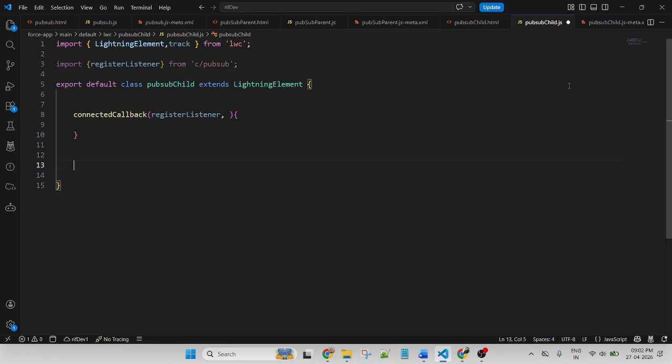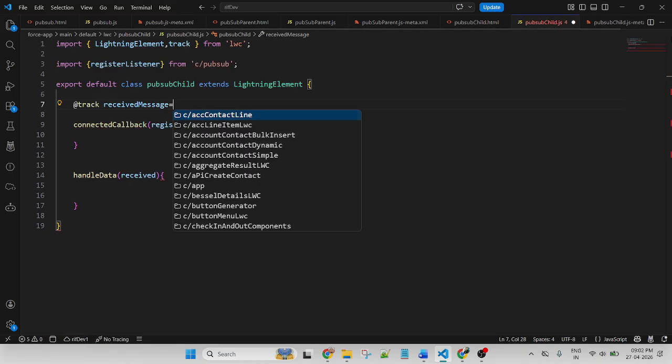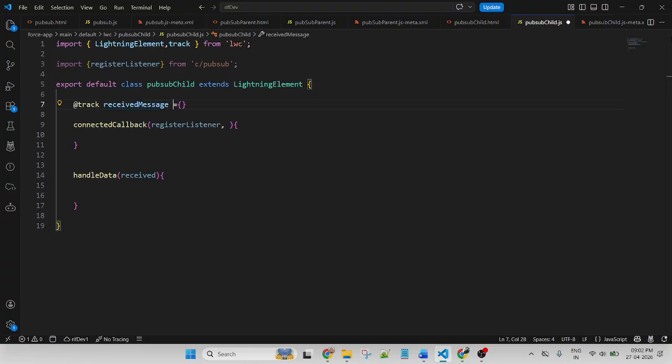So let's create a method, handleData. Here I create an object like trackReceivedMessage, which is an object data type, and this is the receipt.